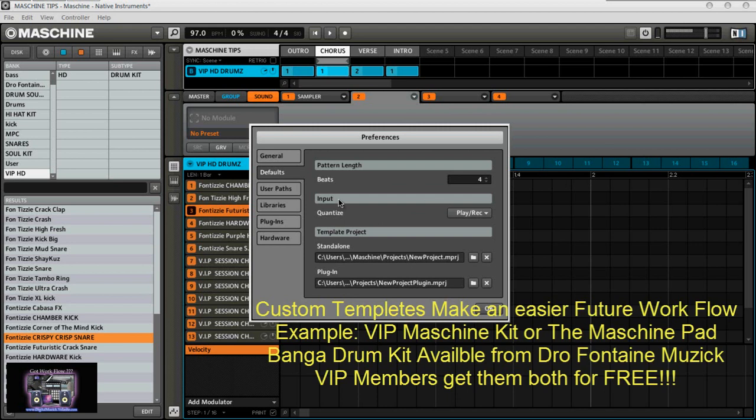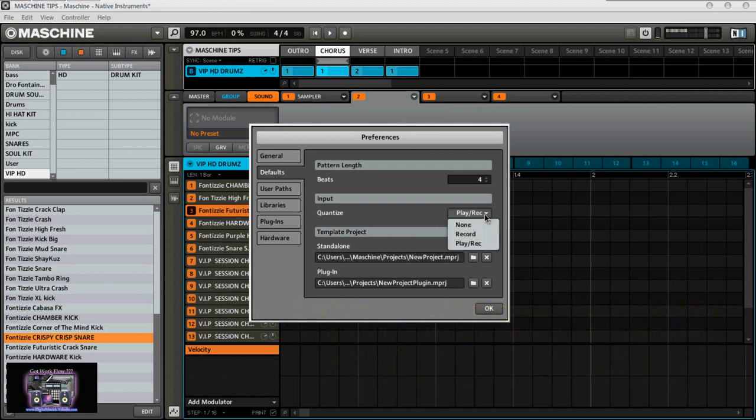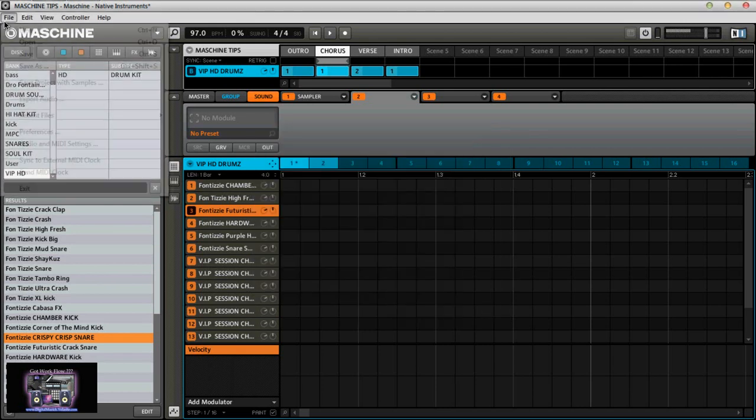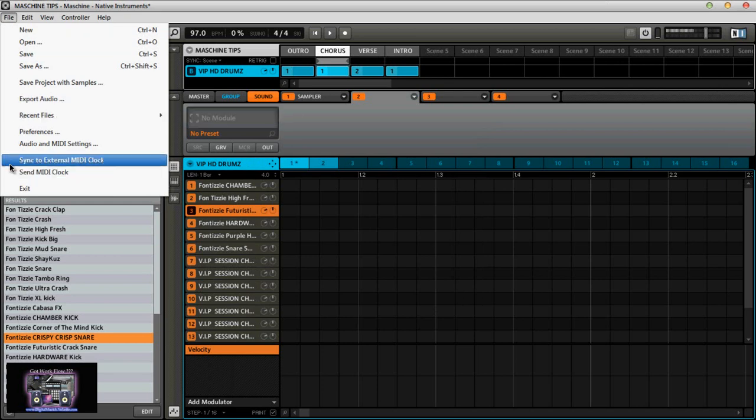Right here is the input quantize. I leave mine on play and record. I believe it defaults to none. Yeah, so I do it like that. And what else? Over here, you can sync to an external MIDI clock. You can send a MIDI clock. Your audio and MIDI